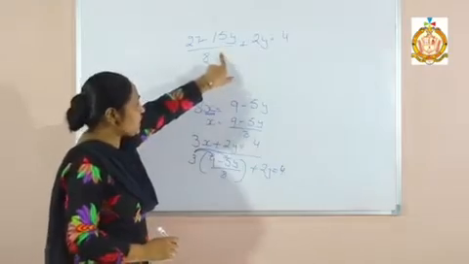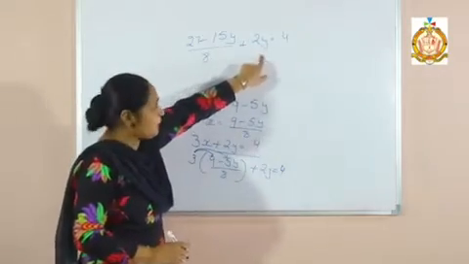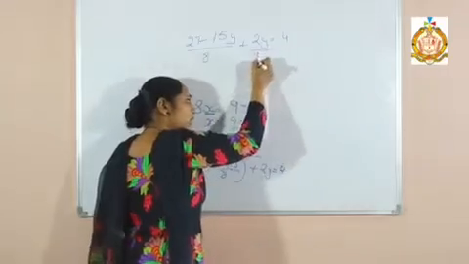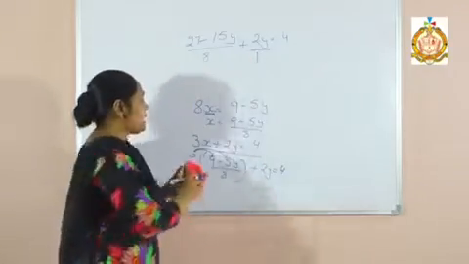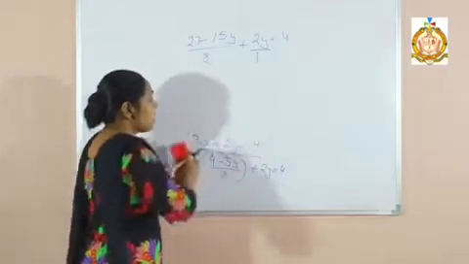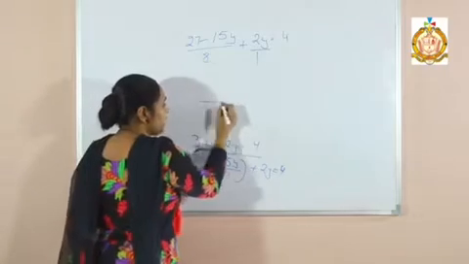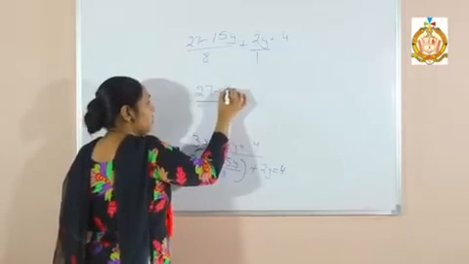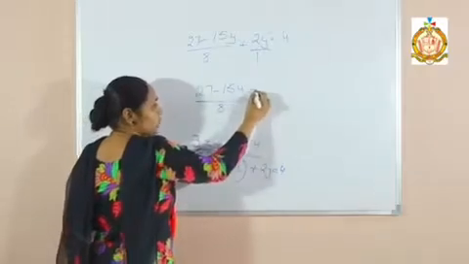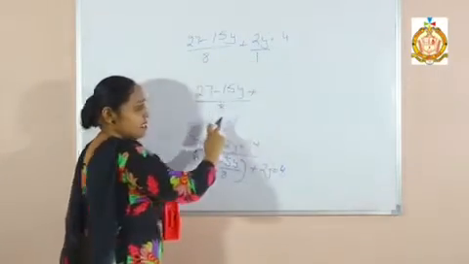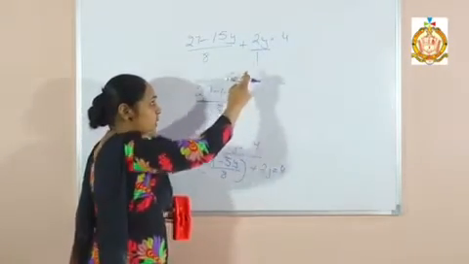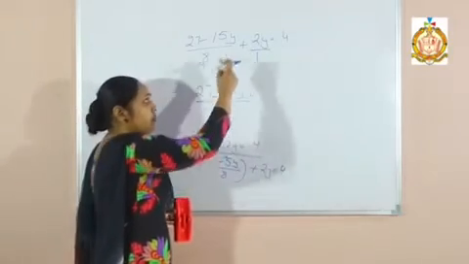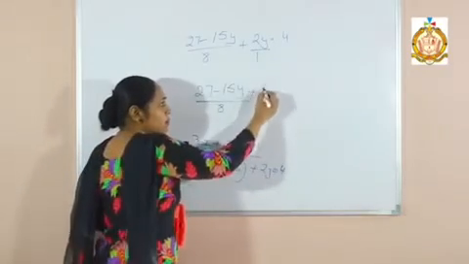Now what to do? Because one is fractional, the other one is a simple value. That means we have to take the LCM. To take the LCM, if you want, you can take here 1. Now I will take the LCM of 8 and 1. The LCM of 8 and 1 is 8. Now it remains like this one, 27 minus 15y. Now sign of plus, 8 and 1 LCM is 8. This one will multiply with 8 and there will be 8. This 8 will multiply with 2 and it becomes 16.